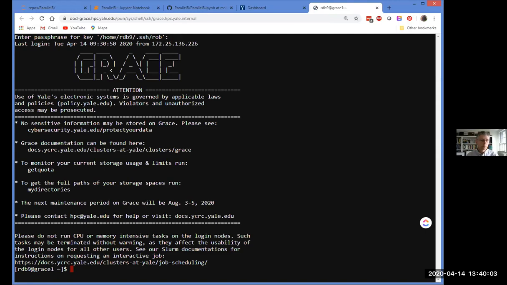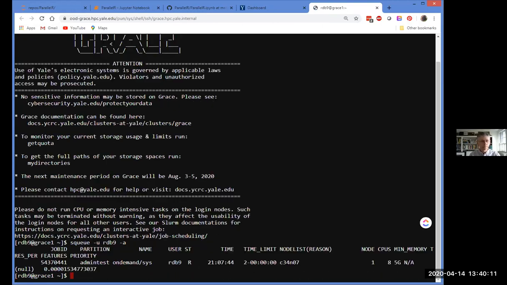For those of you who are familiar with our HPC clusters, what I'm doing here is I'm on the Grace cluster, and I'm going to find my allocation. This is the allocation that I've actually been running all of my Jupyter Notebook executions in. You can see it has 8 CPUs, and it's on this particular compute node. So I'm going to go over there in this shell window.